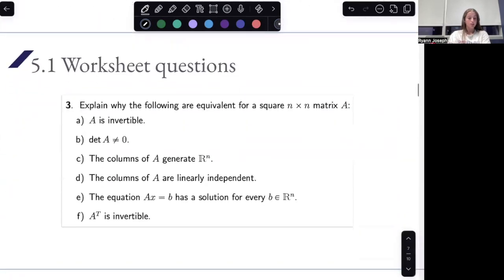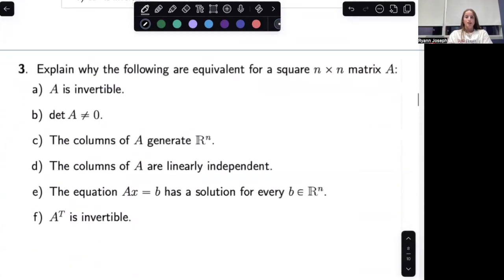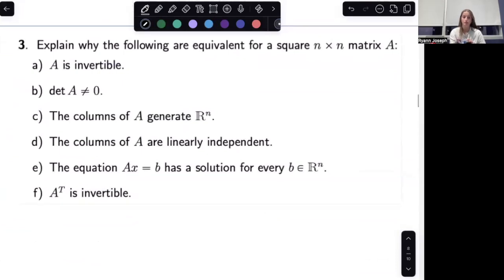Cool. The last worksheet question is literally just explicitly asking to justify the matrix inverse theorem. Explain why they are equivalent. So there's a lot of different ways to talk about this. I'm just going to give the response that was given for this worksheet, but the way that I talked it out and how they're related, that's justification enough. So